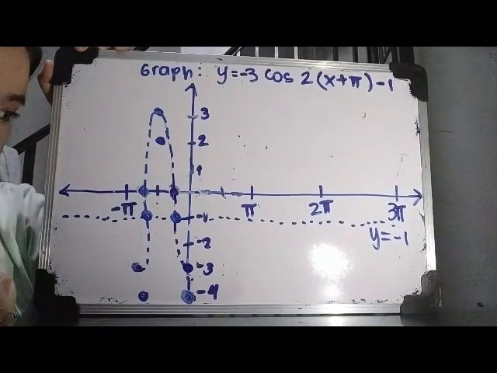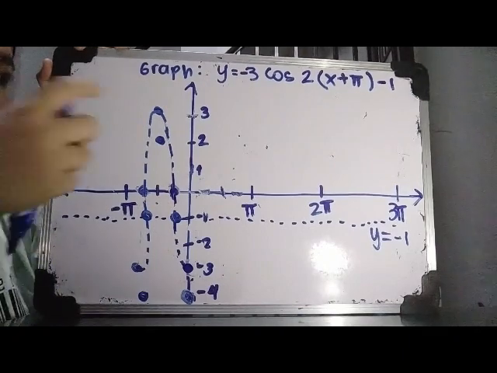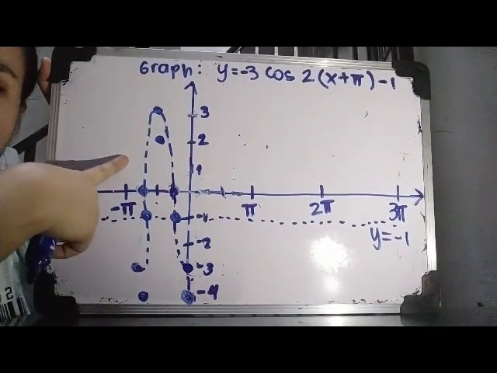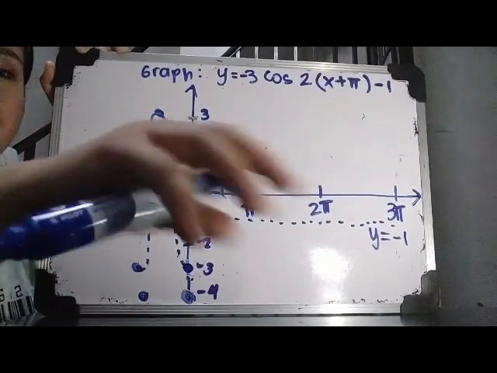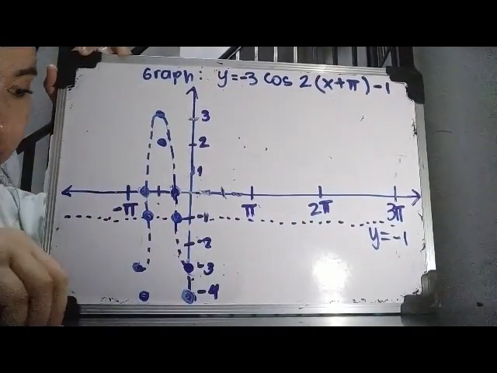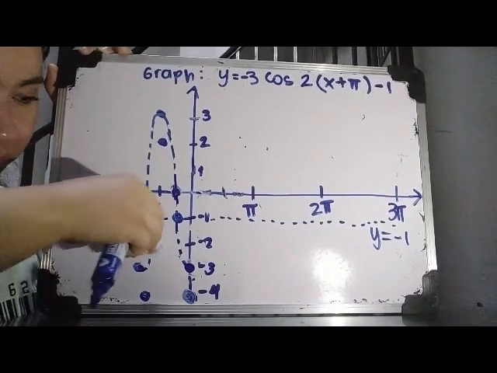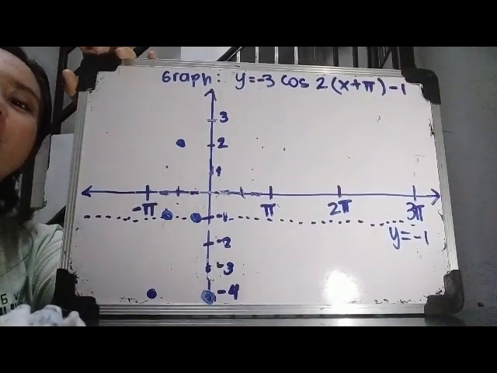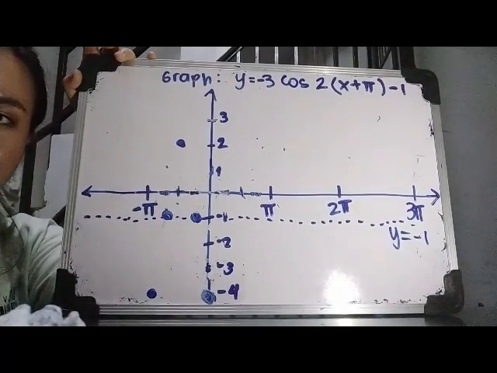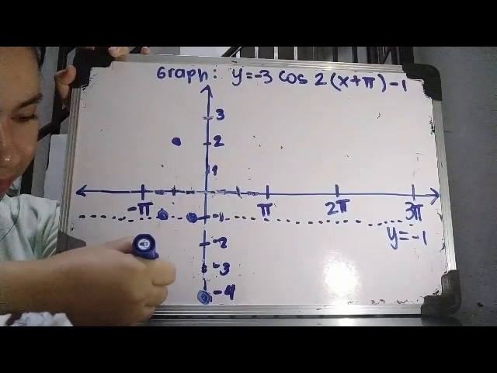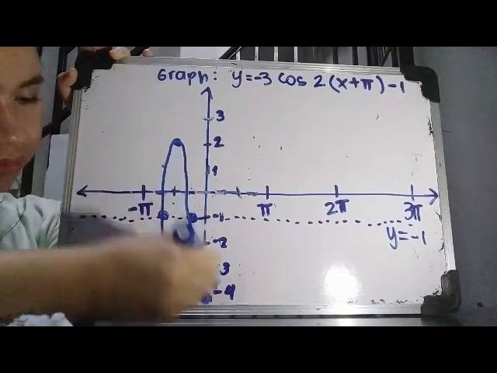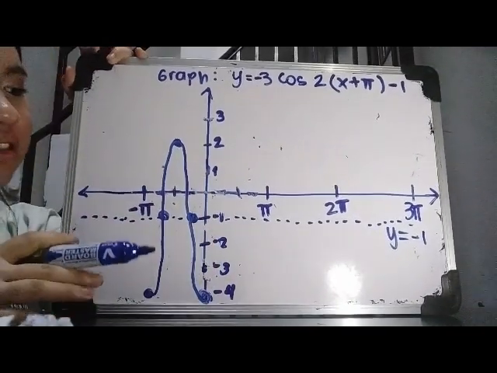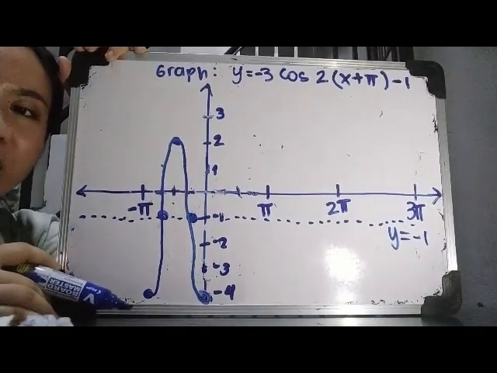I think I need to draw the final graph, but I need to remove the trace graph because I think they're going to overlap. So since we're done plotting the key points that we need, let's remove the trace graph already. Okay, so I'm done erasing the trace graph. Now let's connect the dots of our final graph. And we are done. My graph is, of course, always ugly,